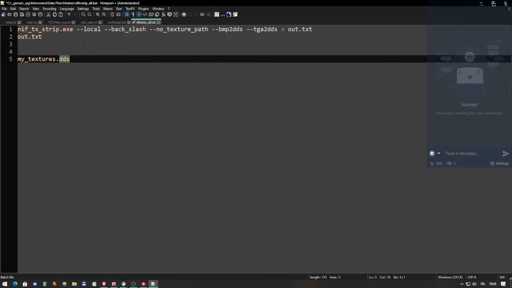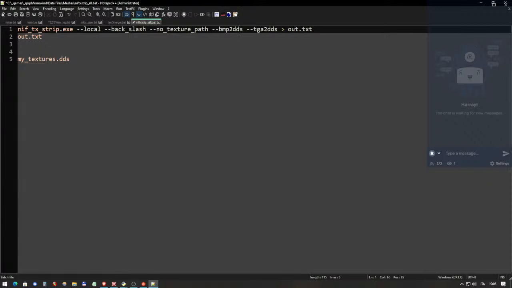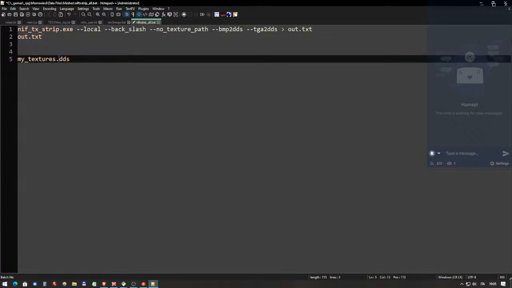Or what if you want to use an external program? So my suggestion is to also use this option, or we change the texture extension to DDS regardless, because this way, when you have the real textures in this format, any program you use to open the NIF will be able to find the textures. So this is much more practical,